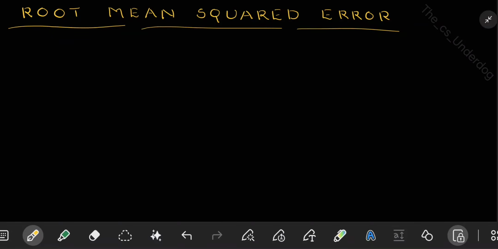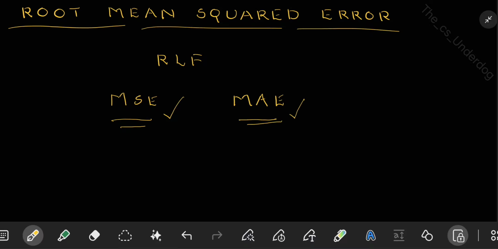Root mean squared error. In the last few lectures, we were learning about regression loss functions. We learned about two major regression loss functions. The first one being MSE or mean squared error, and the second one being mean absolute error. We discussed that MSE is having a lot of advantages. Similarly, MAE is also having its own advantages, and there were certain shortcomings for MSE and similarly certain shortcomings for